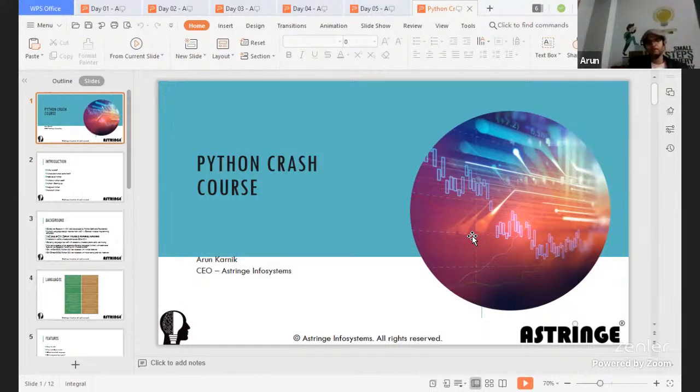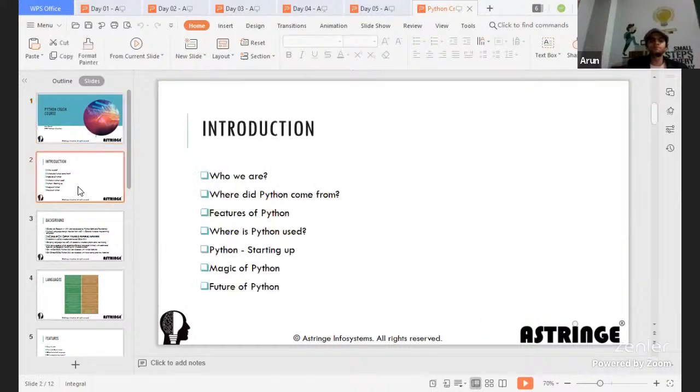Now, in the Python crash course, let's see which topics we'll cover. We'll start with the genesis of Python, where it got started from, and next touch base upon the features of Python. We'll see why Python is now the preferred language for data science particularly, and where Python is used. I'm pretty sure it is being used in almost every other place, but let's go step by step to see where it is being used. And we'll also touch base upon how we can start with Python.